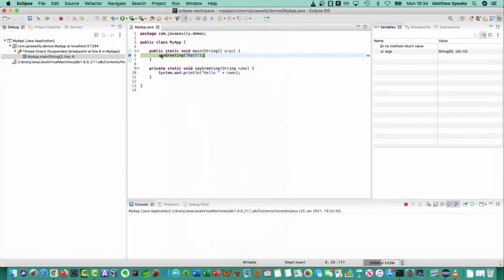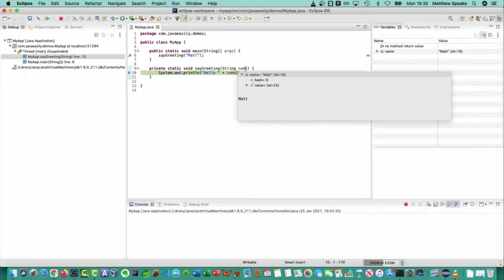So if I click back here, press F5, you'll see that now it's gone inside of this method call. So now it's inside this method here, which we have. You'll also see a few other things now as well. You'll see that in the right-hand pane, we can actually see the variables that are available now. So this method has a name variable which is passed in. If I hover over it here, it actually tells me what that value is, Matt, which is really helpful. And you'd only get this in the debug view, by the way, because this is now running code.